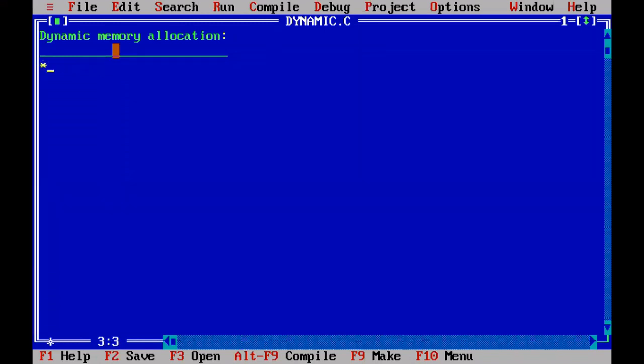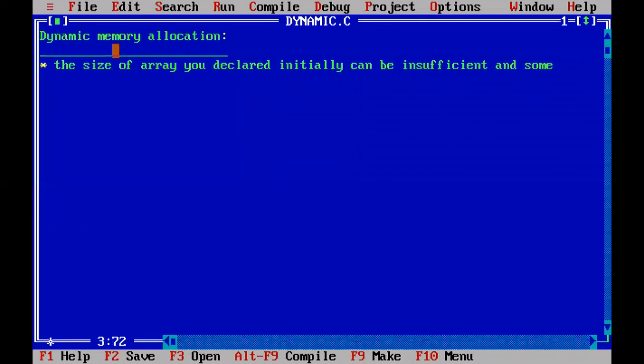The first point you write down: the size of the array you declared initially can be insufficient, and sometimes more than required.